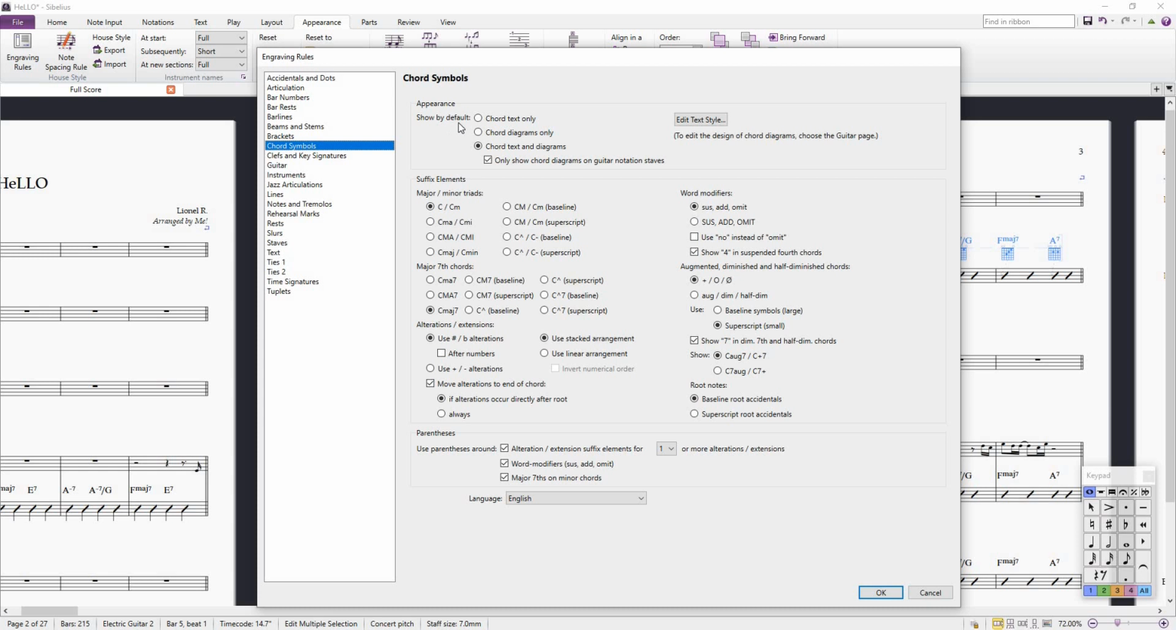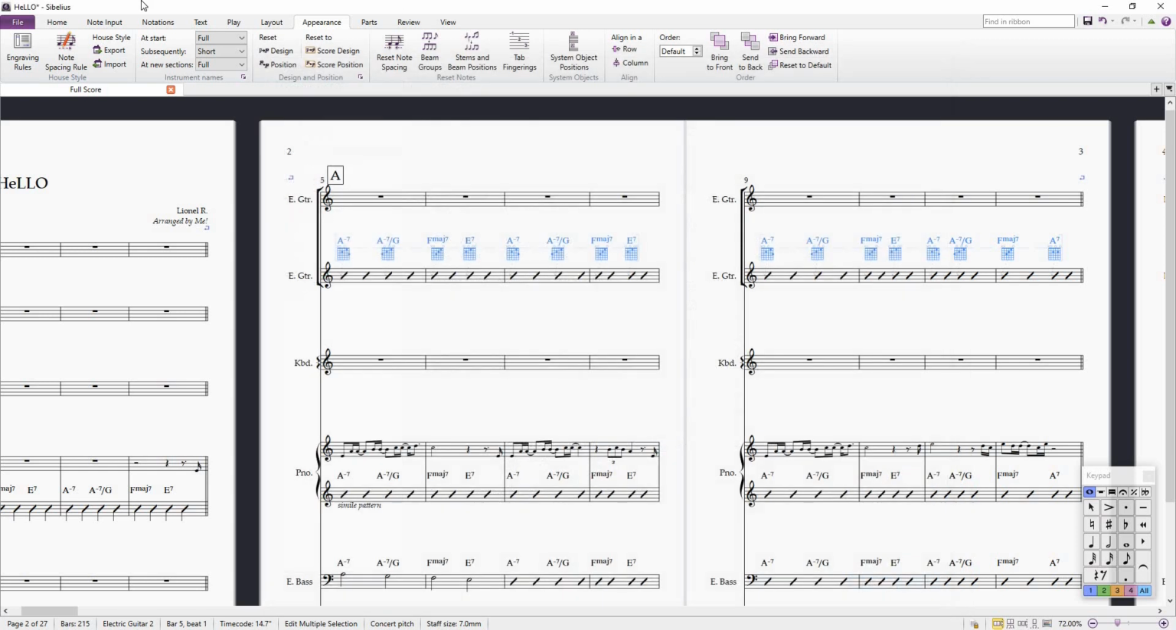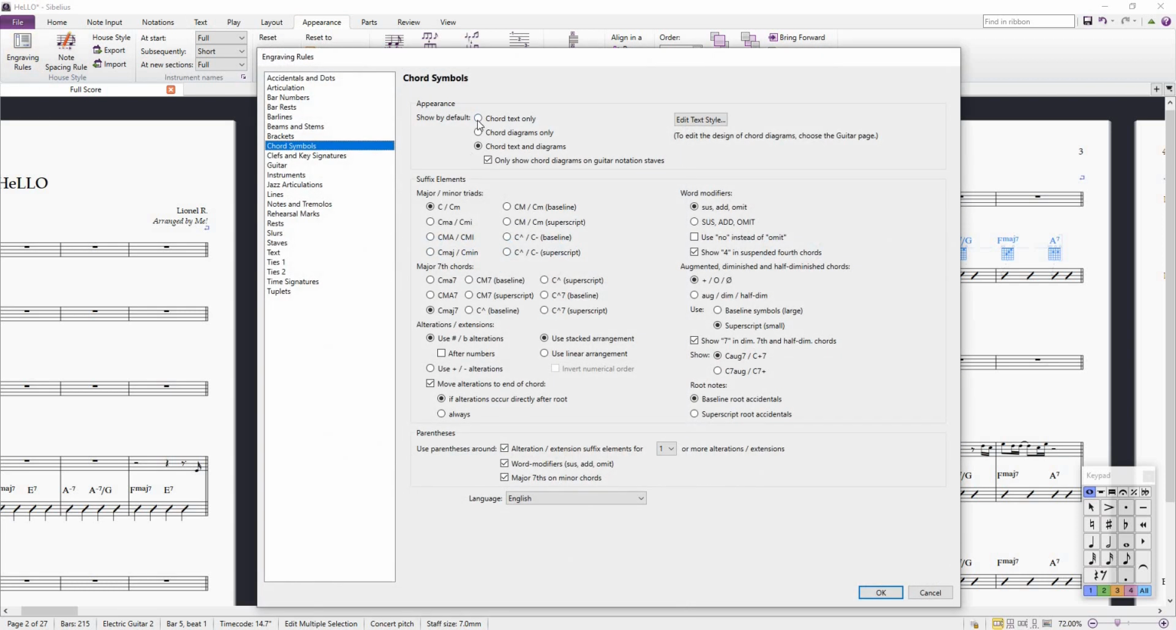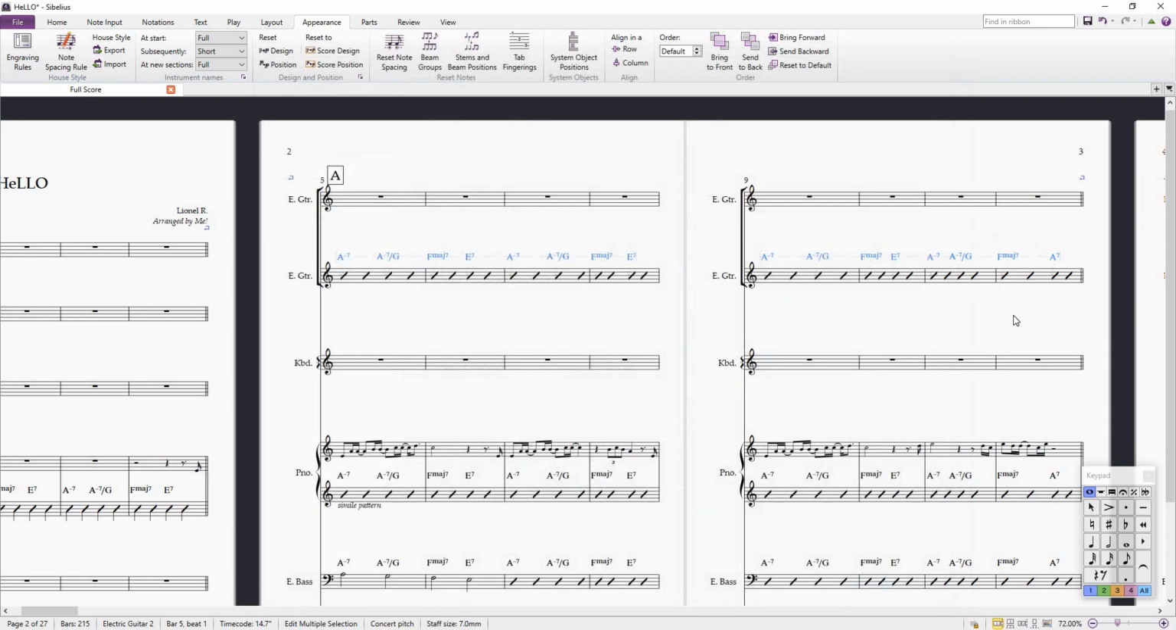Okay, appearance, show by default. This is where you change things. Chord text and diagrams. No, chord text only. Let me cancel that. Let me show you again. So appearance tab, engraving rules. Chord text only. At the appearance box here, chord text only. And then, yeah,